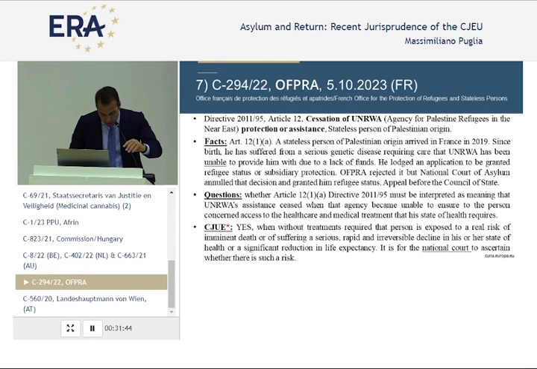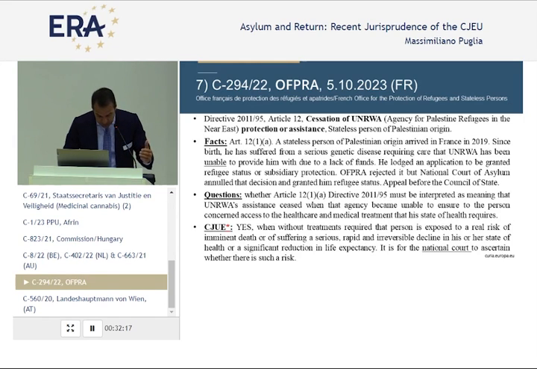So the court notes that providing health assistance to Palestinian refugees to meet their basic needs forms part of the missions of the agency. So if the agency cannot give this assistance, the assistance is considered to be ceased. However, according to the case law of the Court of Justice, in order to be able to find that protection or assistance of the agency has ceased,